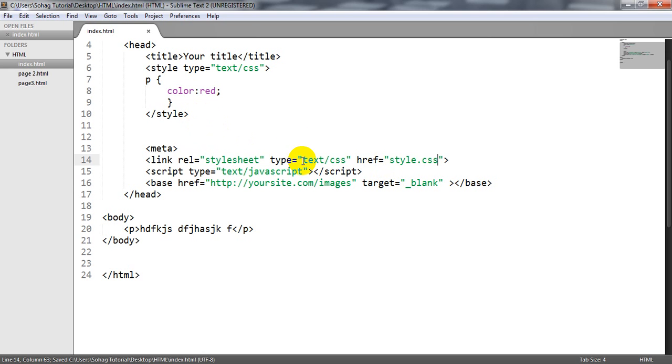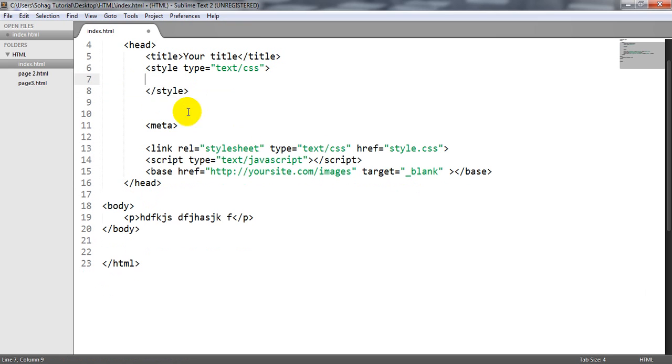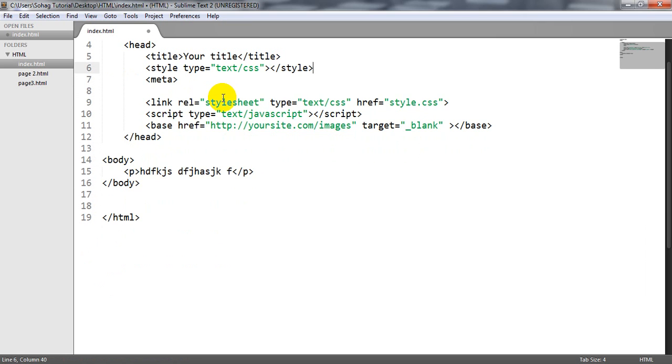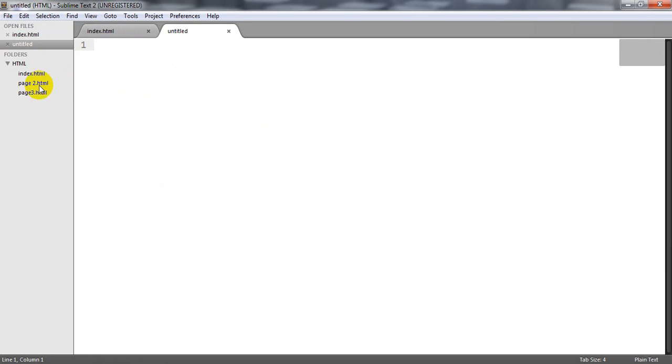We delete it, and create a new file to watch how it works.